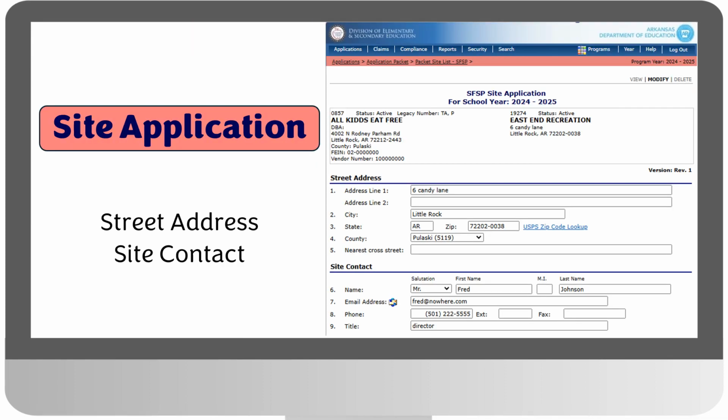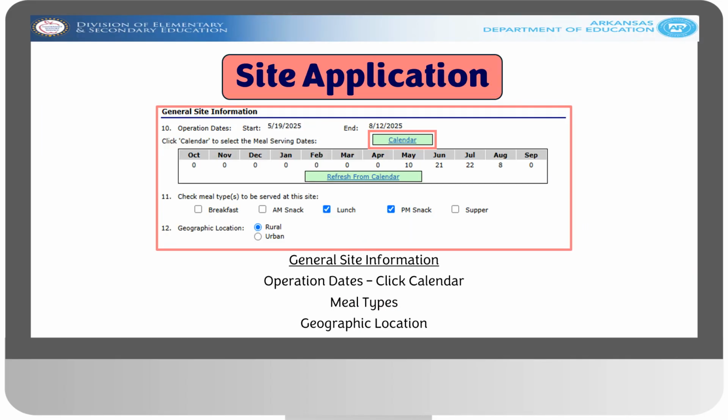Complete the street address and site contact information. For your general site information, enter your operation dates, meal types, geographic locations, and to enter your operation dates, click